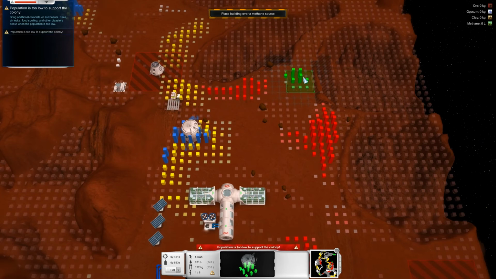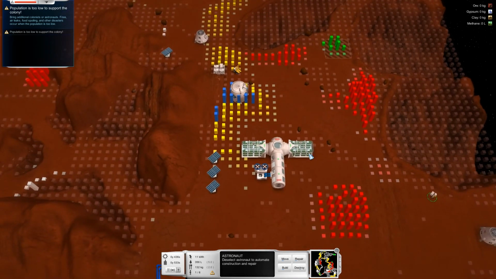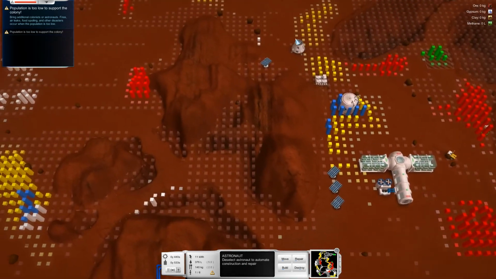Right there looks good. Population is too low to support the colony. Bring additional colonists and astronauts. Fires, air leaks, food spoiling, and other disasters occur when the population is too low. Alright, so let's get that going. So we have 2 astronauts. We don't have a habitat built yet, so our capacity of 6 is 2 living in here, 2 in here, and 2 in...